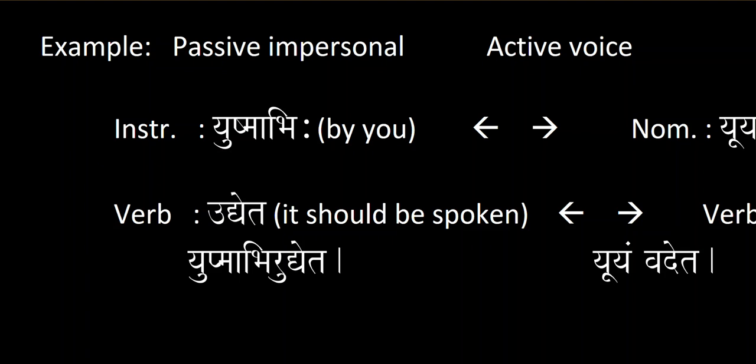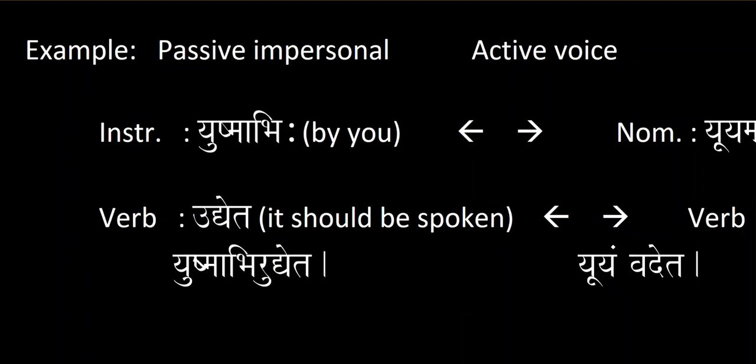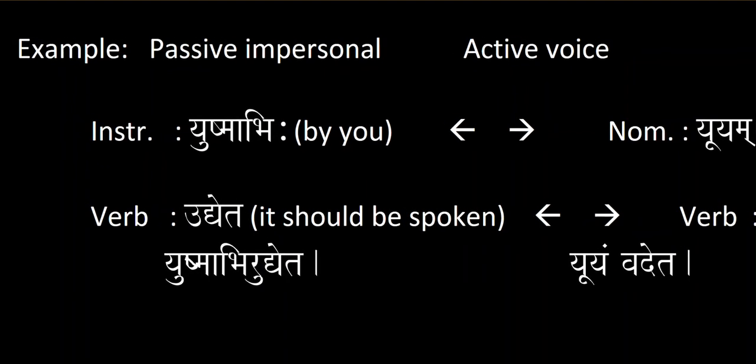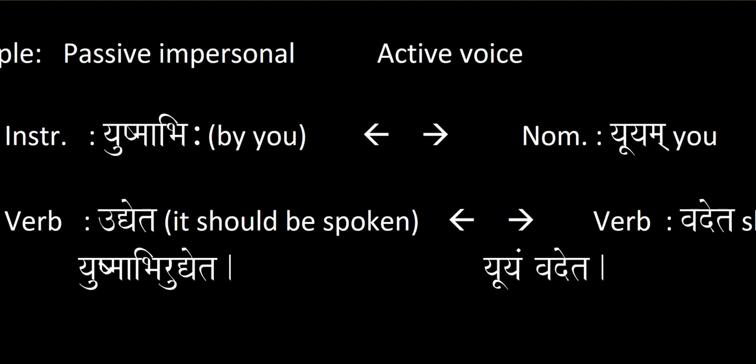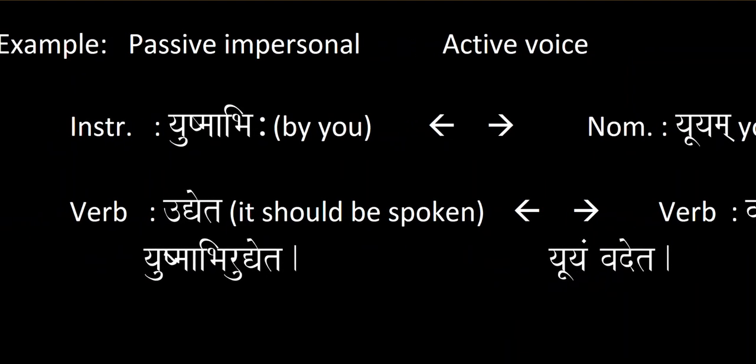And you end up with yushmabhir udyeta as your final answer. And then if you want to convert that into the active voice, to say you should speak and not it should be spoken by you,